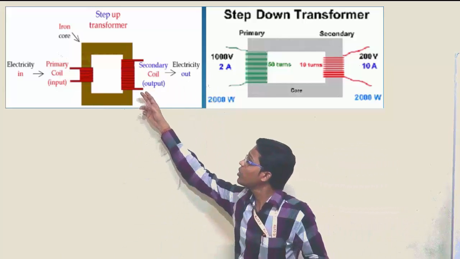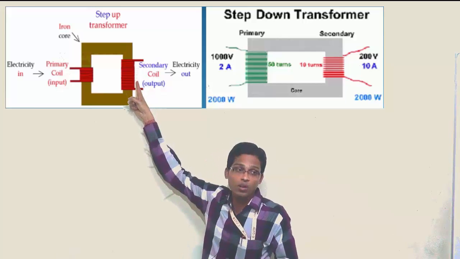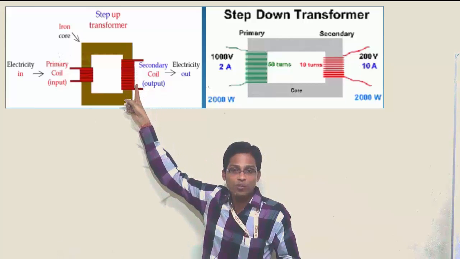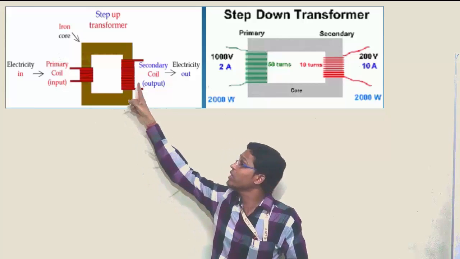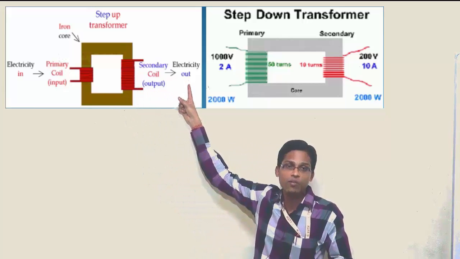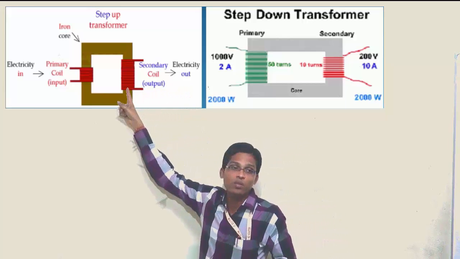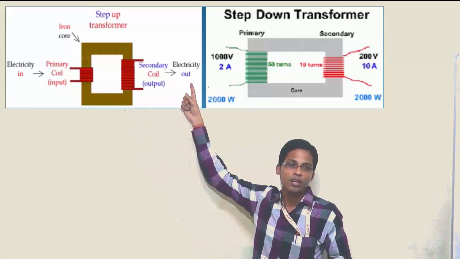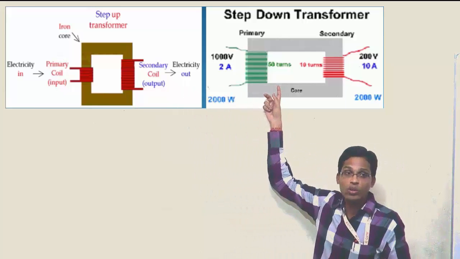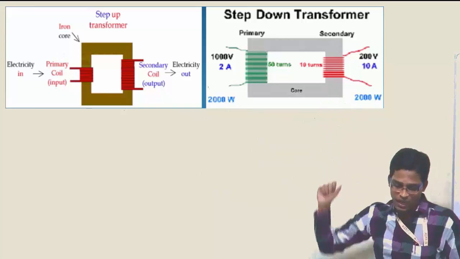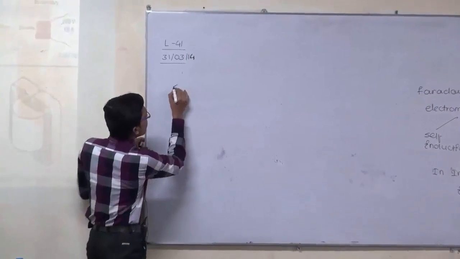Here, these coils are present. We can see how many turns are present. If you go for a step-up transformer and compare the number of turns in the primary winding with the number of turns in the secondary winding, the number of turns in the primary will be less than the number of turns in the secondary winding. Similarly here, if you check, the number of turns is more than the number of turns in the secondary winding. That means, in a single sentence, if you are going for a step-up transformer,